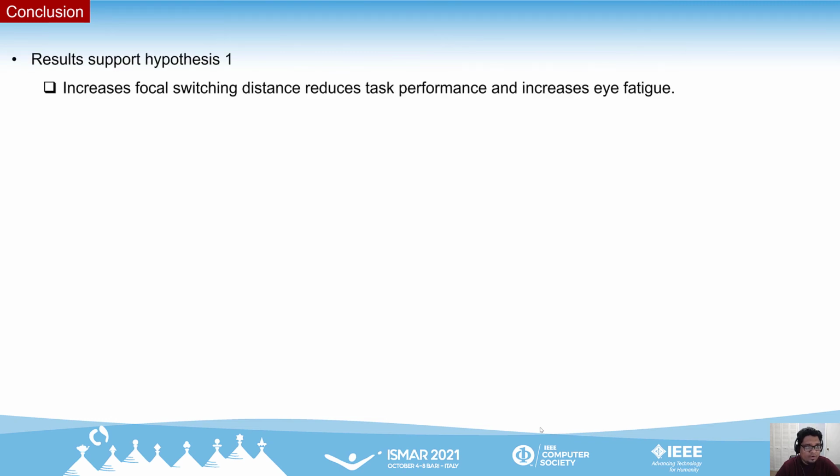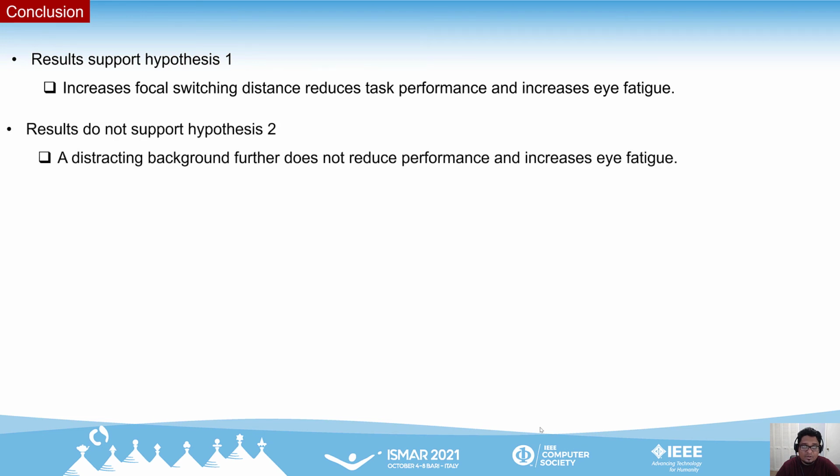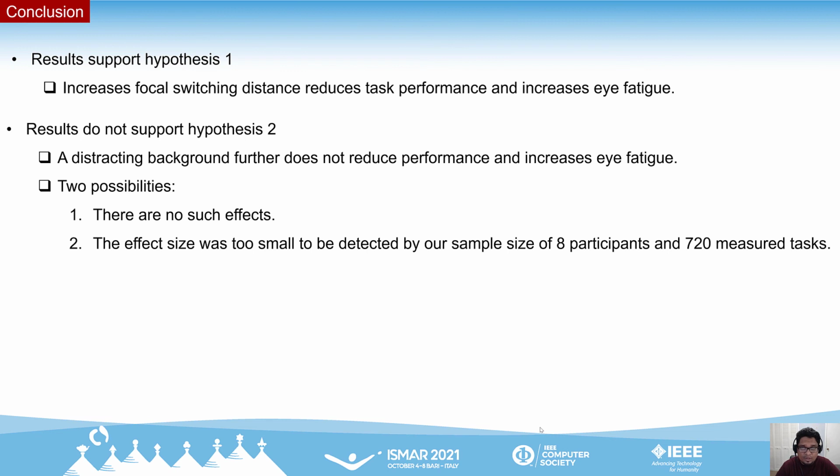So, the results of our experiment support our hypothesis 1. Therefore, increasing focal switching distance reduces task performance and increases eye fatigue. However, the results do not support hypothesis 2: a distracting background does not further reduce performance or increase eye fatigue. There could be two possibilities. One is that there is no such effect. The other is that the effect was too small to be detected by our sample size, which is one of the main